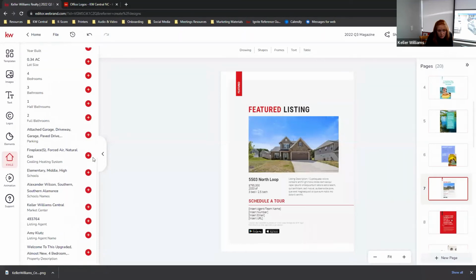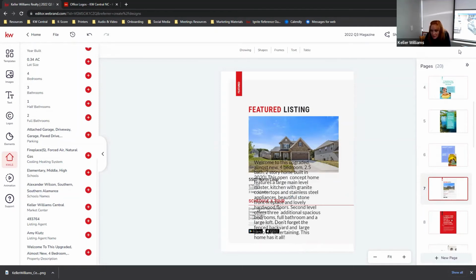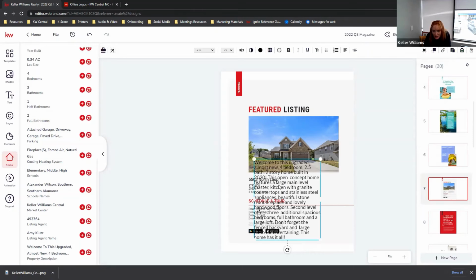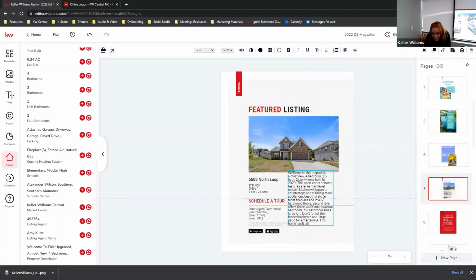Blah, blah, blah. Welcome. I think is it the almost new? Is that your listing description? Yep. So click on that or hit plus. And then you can click the text that's already there and delete it. Yeah, just hit the trash can. And then click that text and kind of move it to a similar spot. There's a lot of finagling. I'm sure none of you have noticed that you have to do a lot of finagling in design yet.